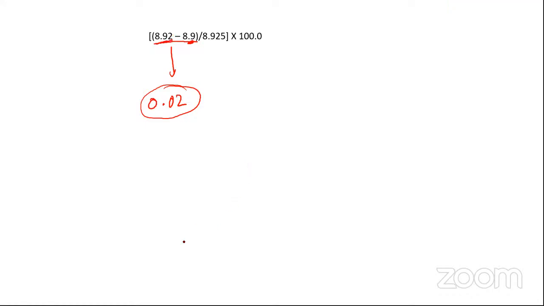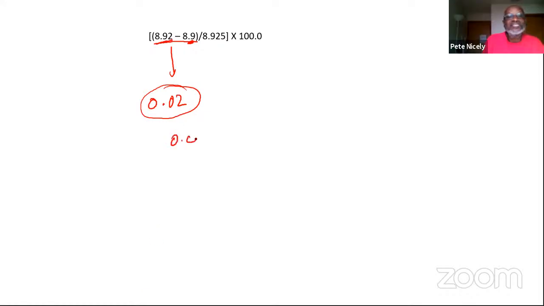So it would be 0.0, because you'd have to drop this 2 here to make it 1 decimal place, right? So 0.0 will now be divided by 8.925